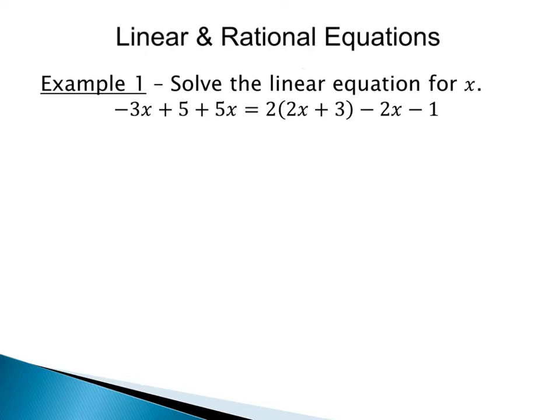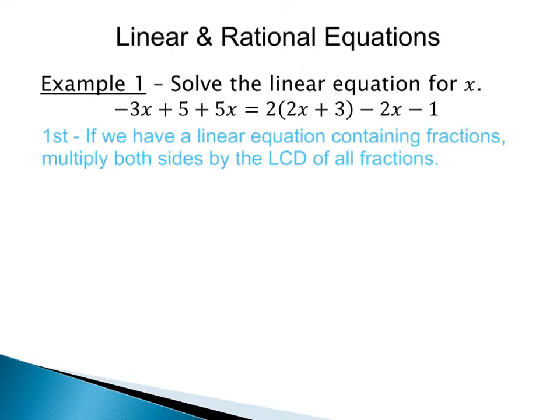So our first step for solving a linear equation: if we had any fractions in the linear equation, we would want to get rid of those first. The way that we get rid of those would be to multiply both sides of the equation by the lowest common denominator of all the fractions. This way you're getting rid of your fractions, so you can just solve a linear equation without fractions, because most people don't like dealing with fractions. For our case, we don't have fractions, so we can skip that first step.